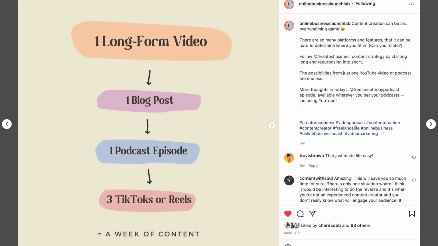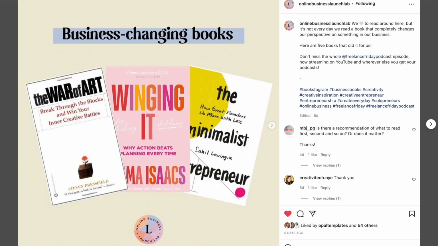And the third pillar is resources and education. Of course, that's at the heart of what I do. I'm an educator at heart. And I know that for courses and for the types of services and products that we sell, education is really important. We have to really educate our customer. So we decided to create infographics and book lists, reading lists, things like that, little helpful tidbits of content. Those mostly take place by way of carousels. Now, the other thing that I had to think about when I was designing this feed was colors.